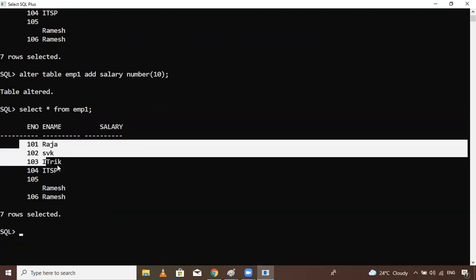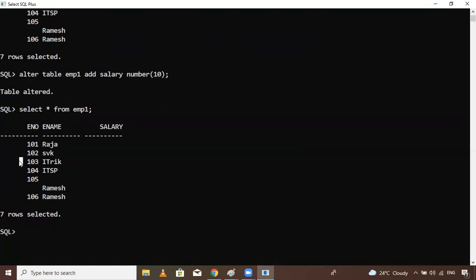Suppose I want to insert the data: 103 salary is 3,000. Is there any provision in the insert query to insert data like that?